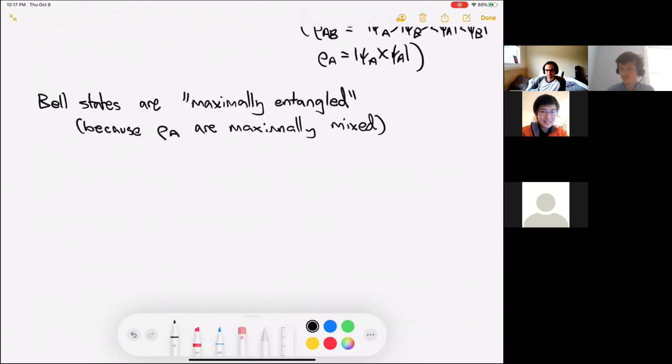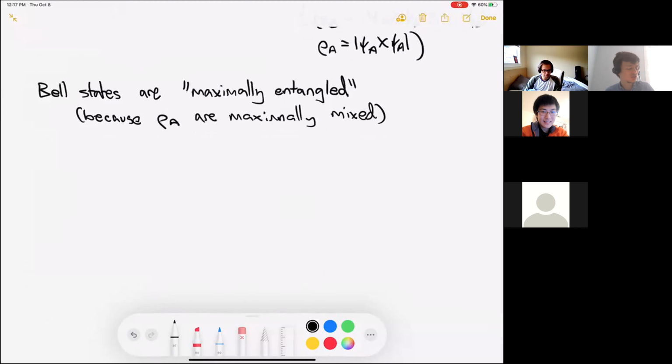Okay. So I've got a bit of time left. I was sort of planning to leave it here, but I do have a bit more time. So I think I'm going to briefly cover what's called the Schmidt decomposition.